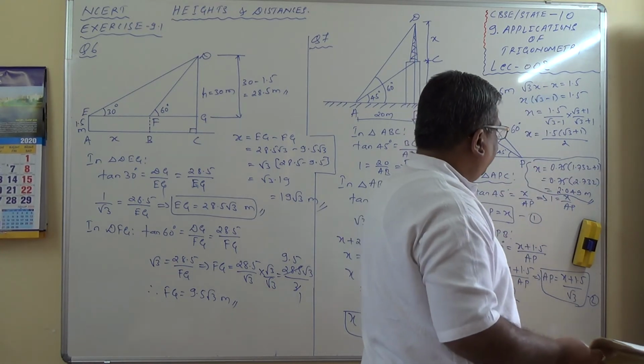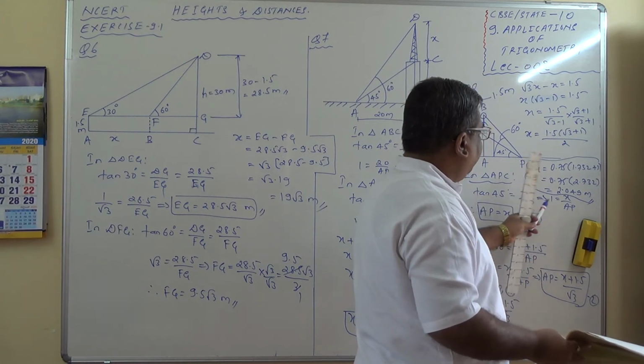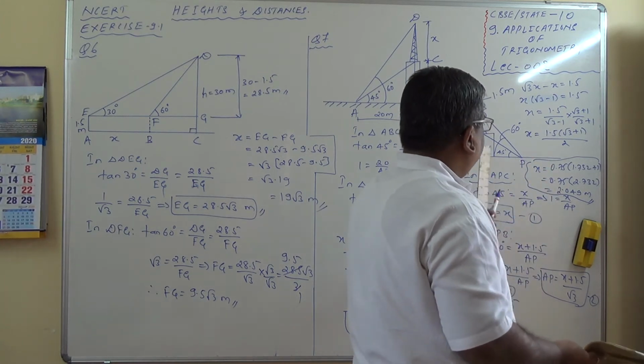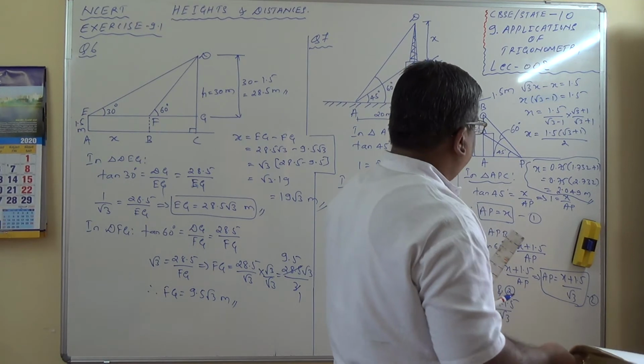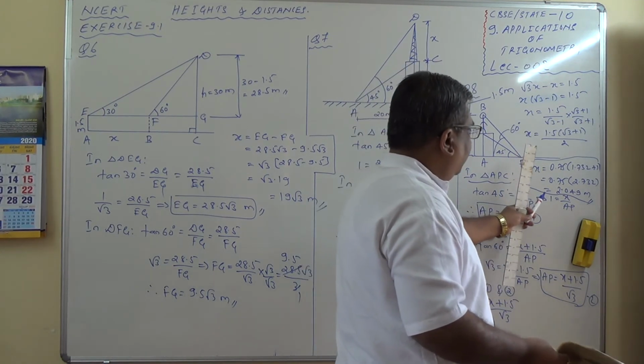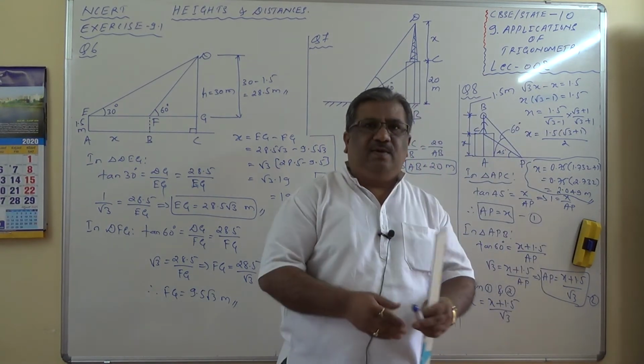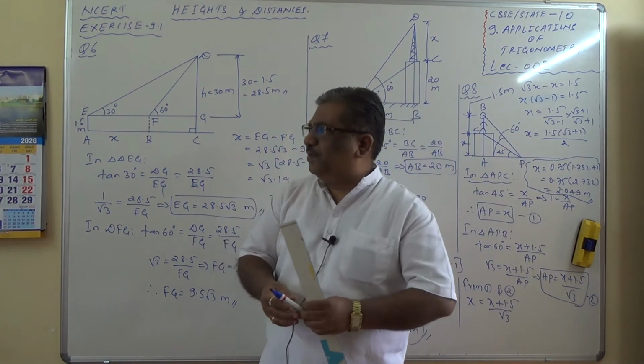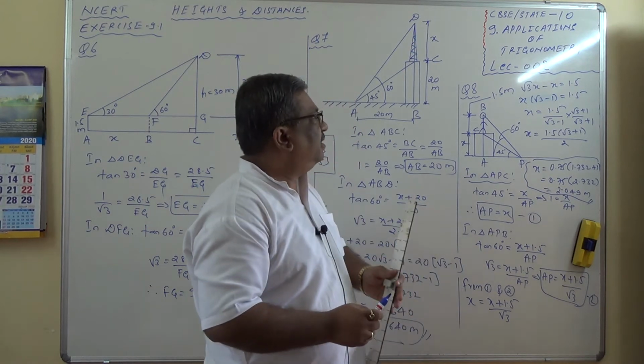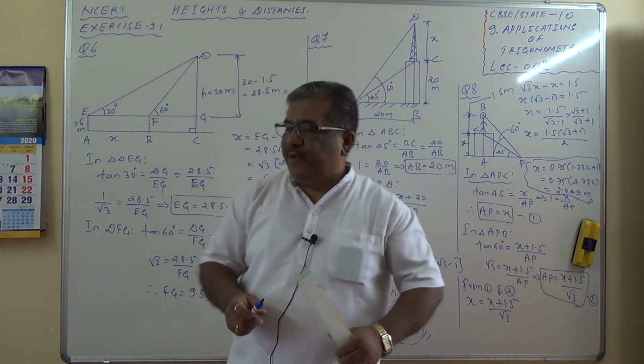But it is always preferable to work out in the form of decimals in order to find the heights of buildings or towers, etc. So approximately we are getting 2.049 meter, and make a note of this one. So how many problems have we solved now? Question number 8. How many are there totally? There are 16 numericals. First make a note of this one.